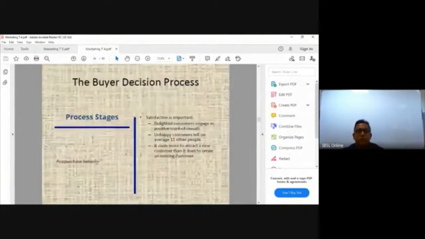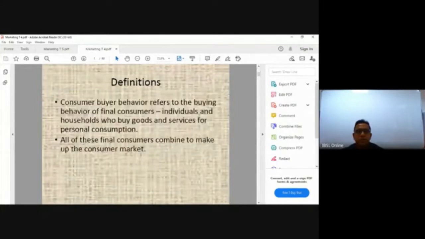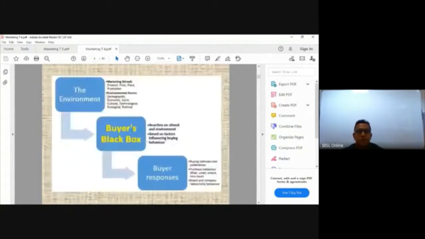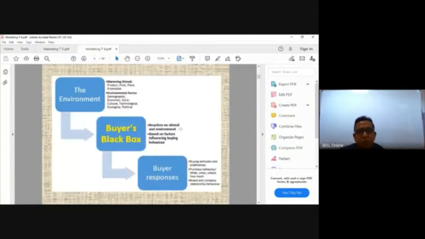So let me run through it again from the start. What we started with was understanding individual consumer customer behavior. We said there is a black box in everybody. Even I'm a black box. No one knows my behavior, how I respond. All of you are the same, but we have a freedom of choice to decide or respond to various outside stimuli